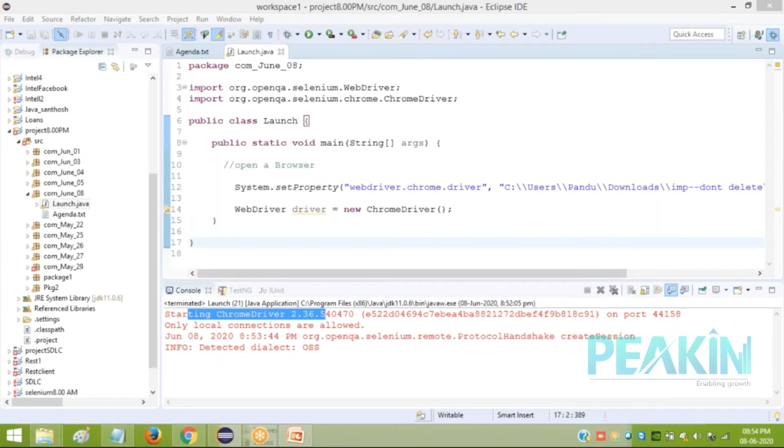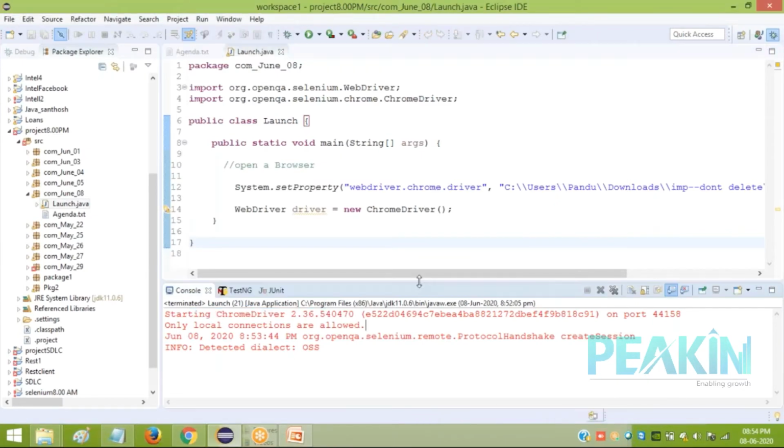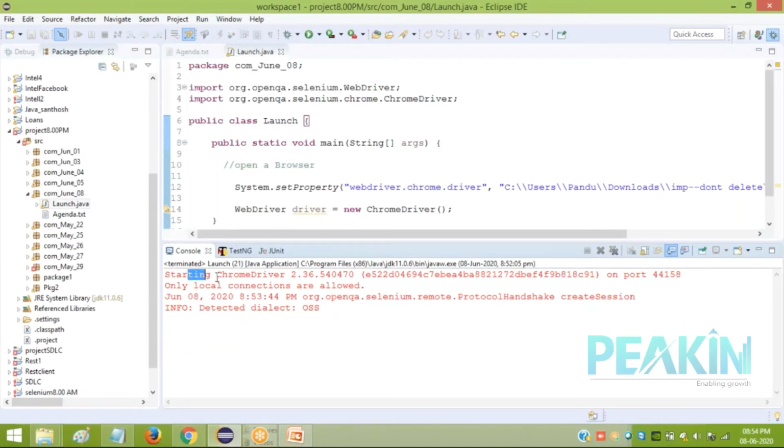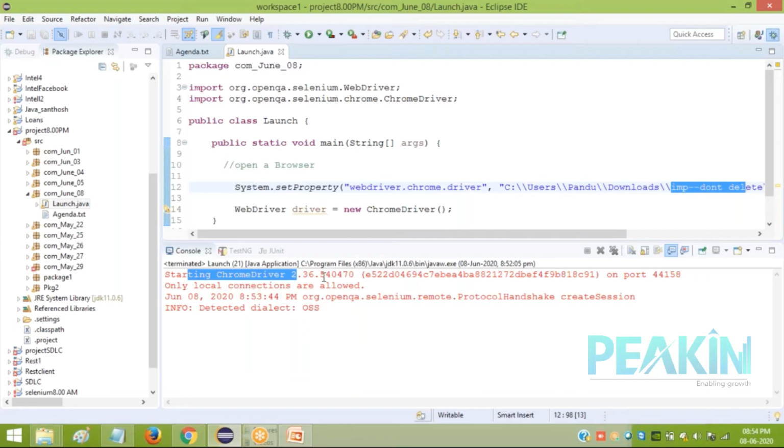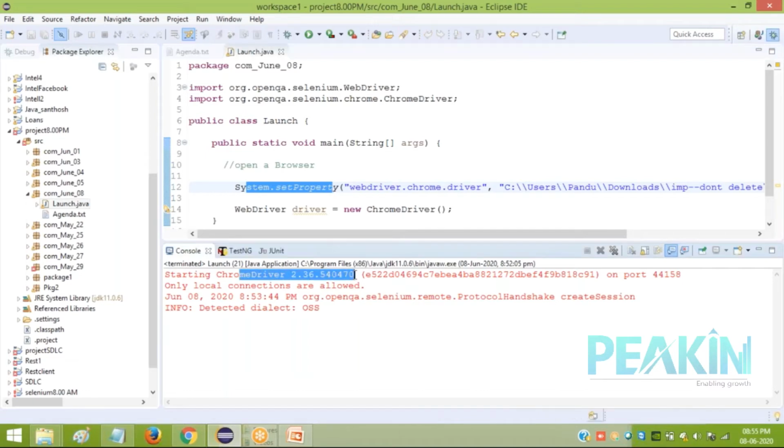During this launching, you can see some statements here, lines of code getting initiated, starting the driver, Chrome driver. This is the driver which you have downloaded and present on your machine. With the help of this driver, which you have set with System.setProperty, it is calling the browser using some port number. There is no server here, right?